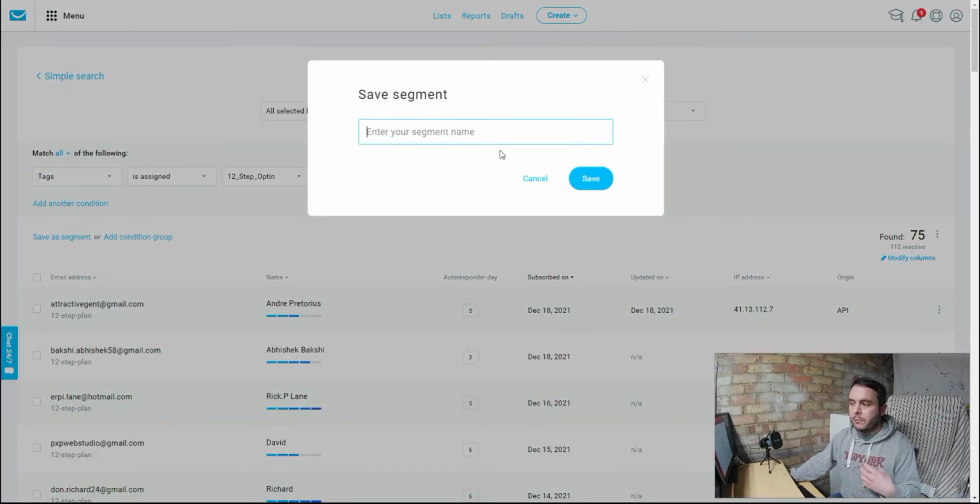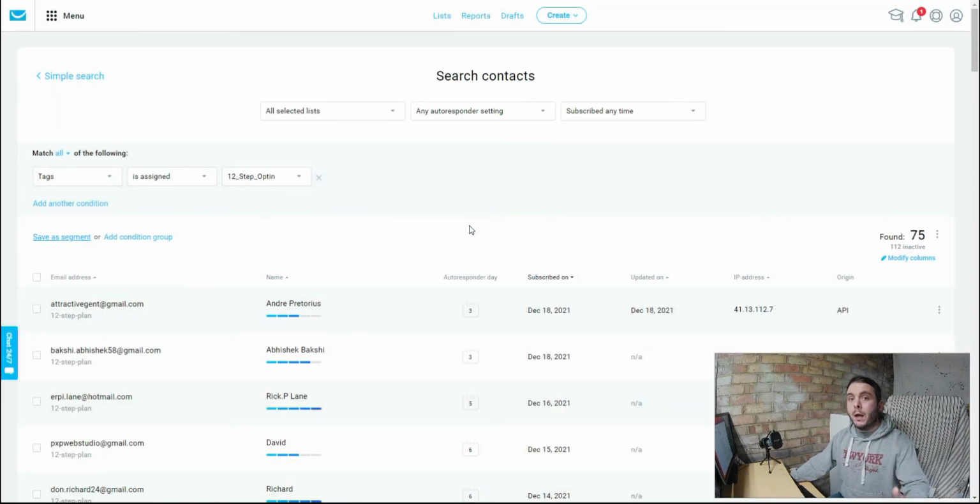Write in your segment name, save it as segment, and then anyone that gets applied that tag, any new people that come in and get that tag applied, they get saved into that segment. And why this is so important is because, as I said before, when you're sending email broadcasts and as your list grows, some people are going to be inside email automations or email autoresponders. You can apply those tags, so when they go inside that automation, they get a tag applied saying they're inside an automation. You can save that as a segment, so anyone going through that automation,